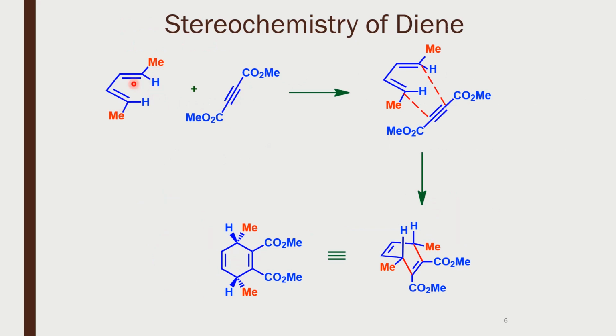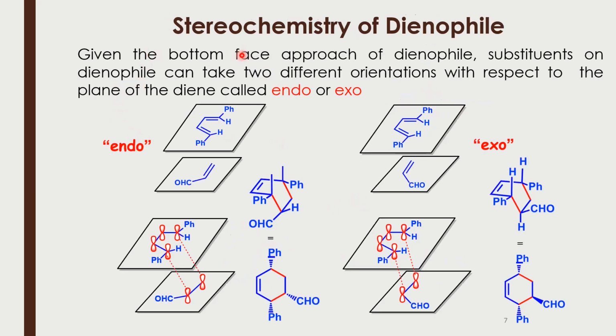So again we come back to this. This is my hexadiene system. This is my dienophile. There is no geometry here because this is a triple bond, so it is going to be a linear molecule. So if you see here, now this is approaching from below. So these two hydrogens will be going up and you will get a product like this, which if you write it in the planar form is going to be written in this form. The inside substituents will be beta, the outside substituents will be alpha. So that is the stereochemistry given the bottom face approach.